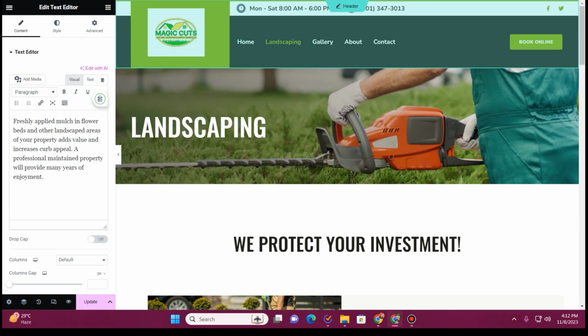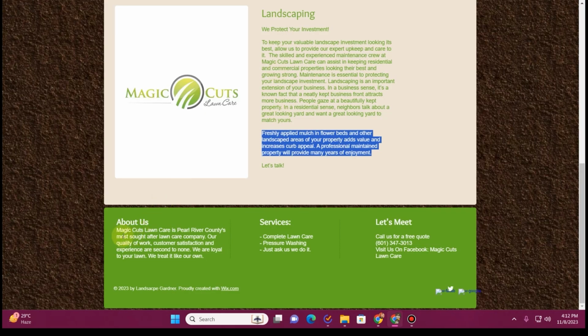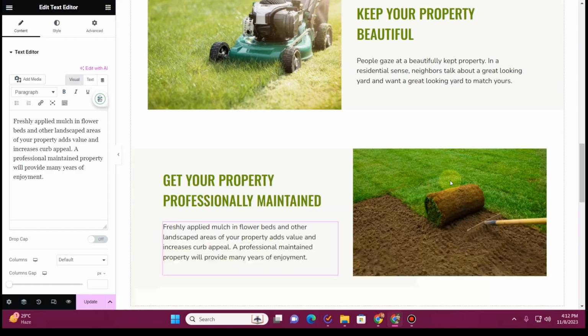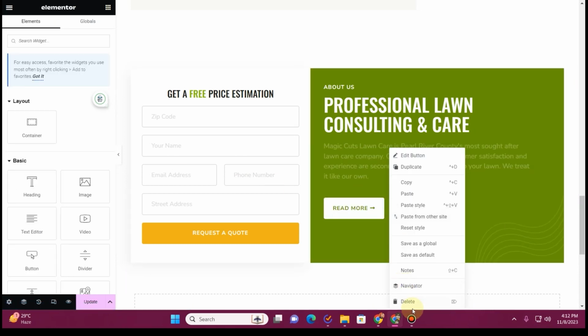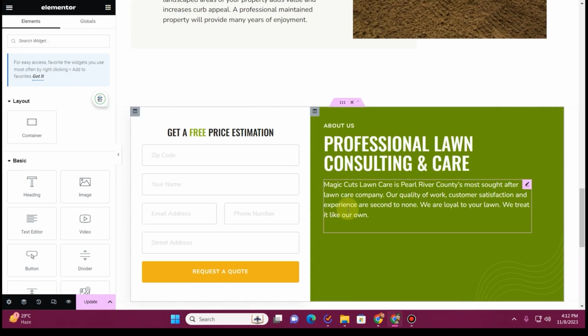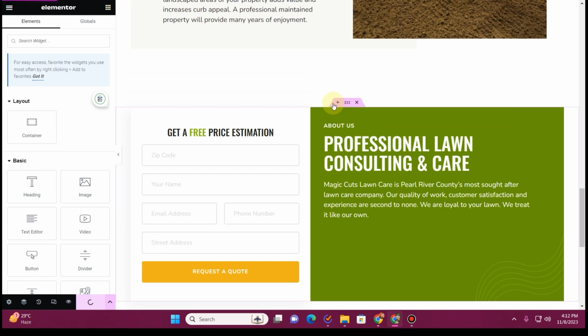So I'll simply go to the home page that we have, and I'll refresh this, and we can also go to this website, and here I notice that we have a tiny paragraph for the about us. So I'll copy this about us paragraph, and then in here we can insert that paragraph right here, and we can actually delete this CTA from here because that is not required anyways. And that's all. Once done, you can click on this update button, and one last thing that we'll have to